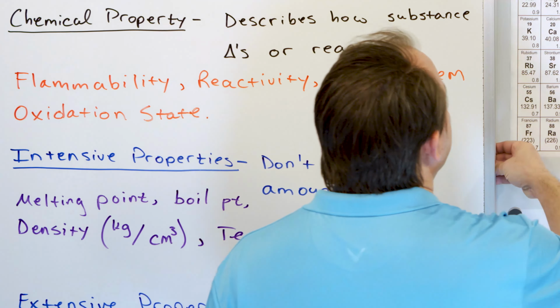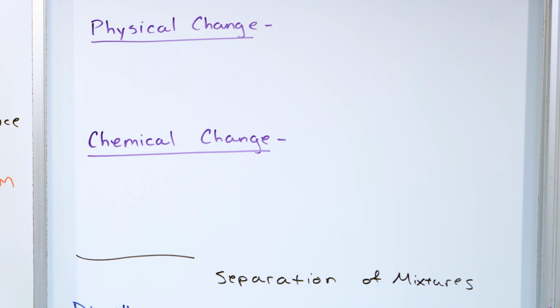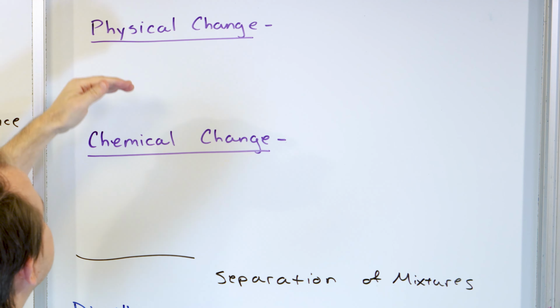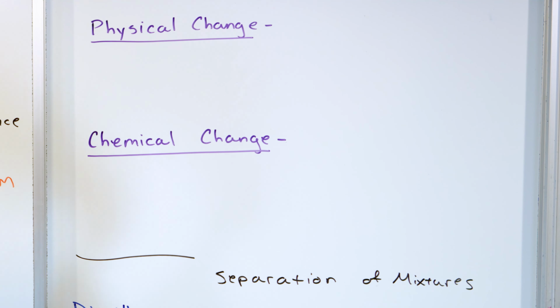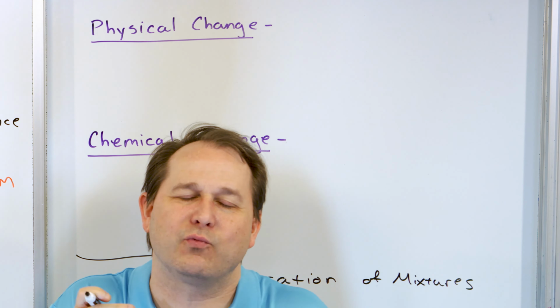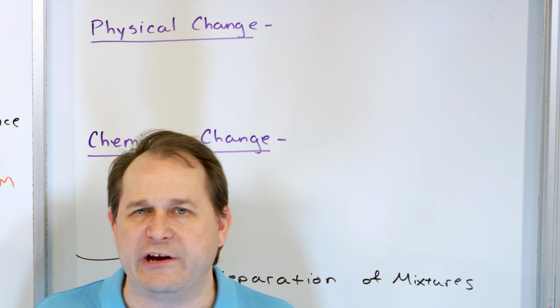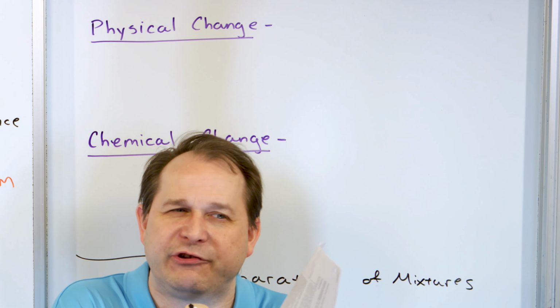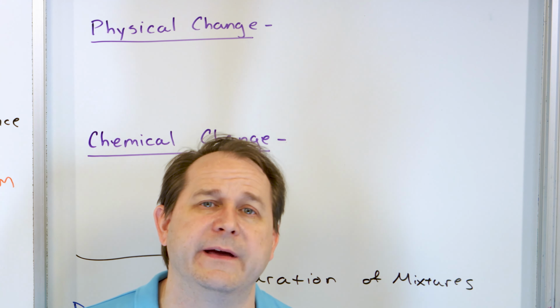All right, now we have a few more. Let's talk about physical changes and chemical changes. And notice I didn't even write a definition here because I just want to jot down a few ideas. Now that you know what a physical property and a chemical property is, I bet you could guess what a physical change and a chemical change actually is. Well, a physical change would be a change in a substance that doesn't relate to its chemical nature. Something physical that changes about its appearance without changing the microscopic arrangement of the atoms of the substance, because that would be a chemical thing.